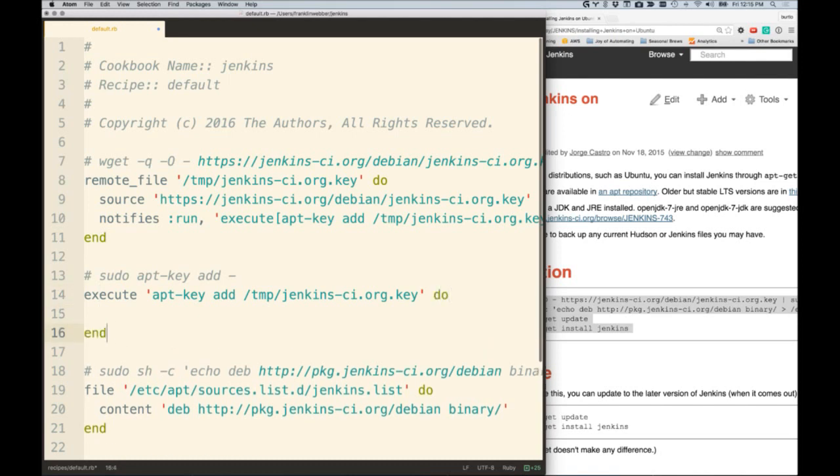Now, I don't want this to run every time. I want this to be triggered, actually, when this happens. So I want a trigger to take place. So I need to stop this from running every single time. So I'm going to write action nothing, actually. And then